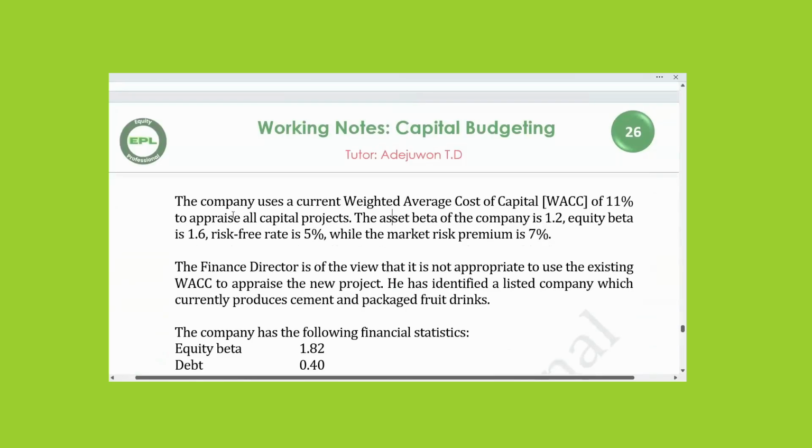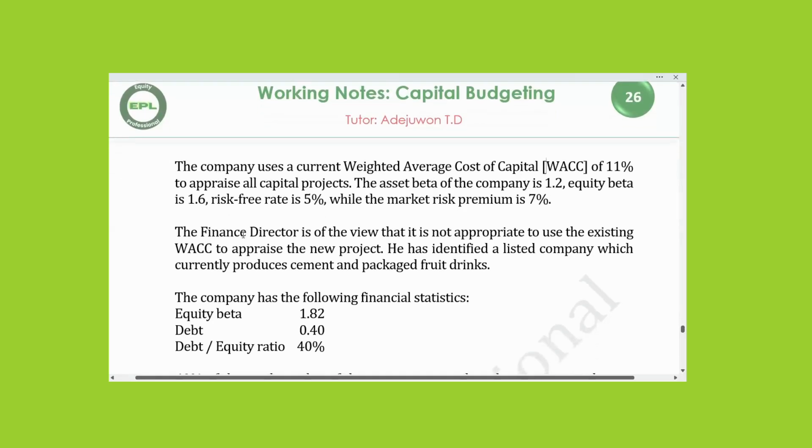The company uses a current weighted average cost of capital of 11% to appraise all capital projects. The asset beta of the company is 1.2. Beta is 1.0. The market risk premium is 7. The finance director is of the view that it is not appropriate to appraise. He has identified a listed company which produces a